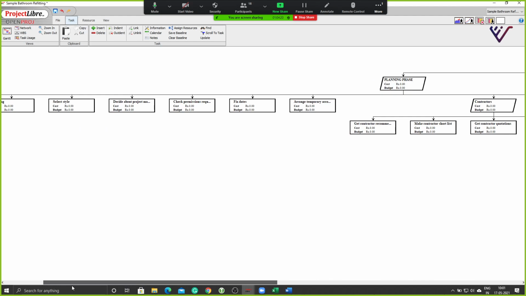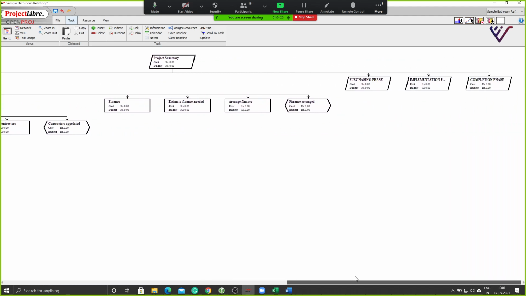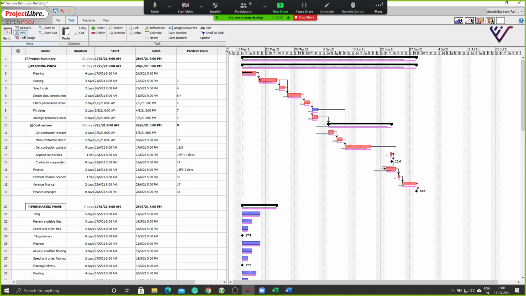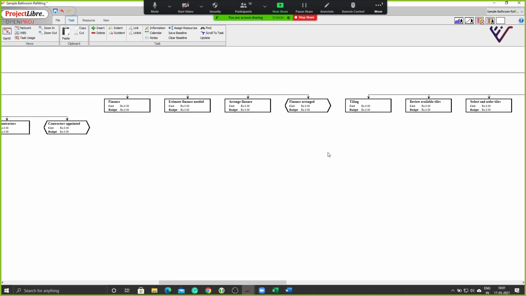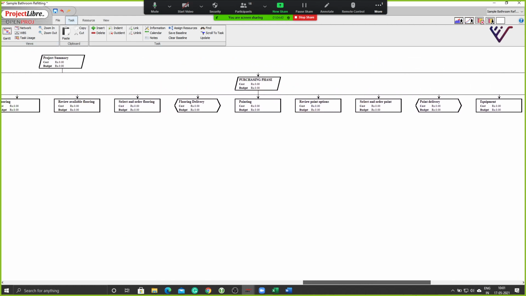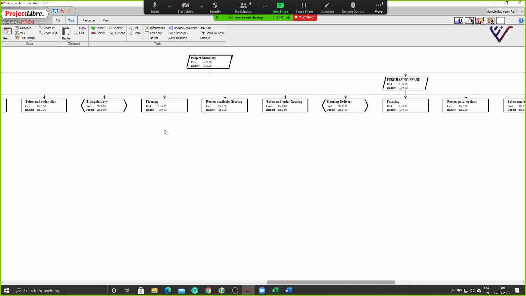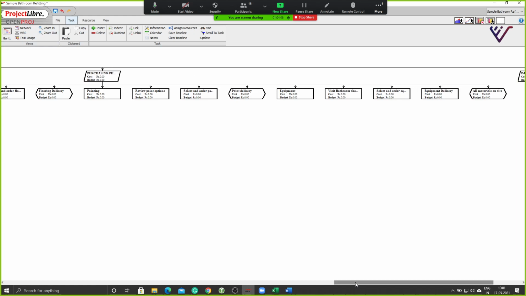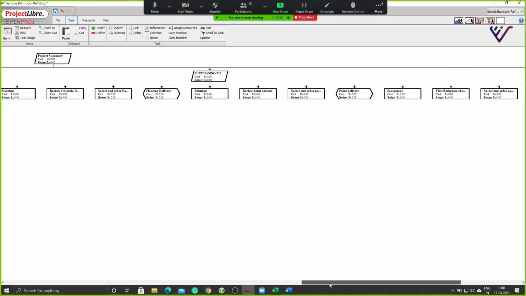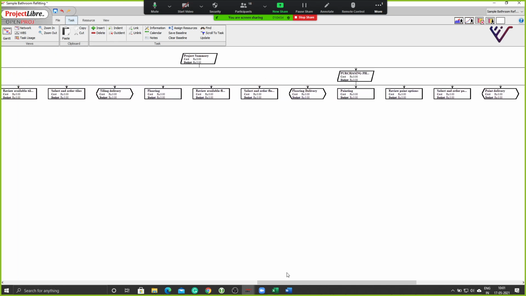Now I have only my planning phase here and other phases here shown. Notice that these are showing closed right now because I have them closed in my activities here. If I open any one of them and come back to my network or WBS, I will be able to see those activities also charted here. Notice that purchasing phase was rolled into right before, but now I am able to see that as well here. The other two are rolled in, so it is not showing the details there. So this way you can also make the project breakdown visible in the manner of either phasing or even resourcing.